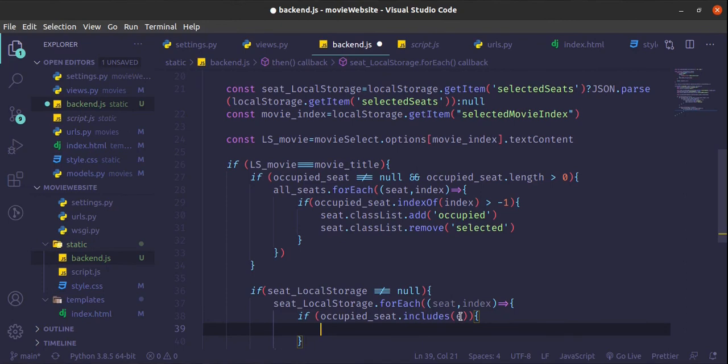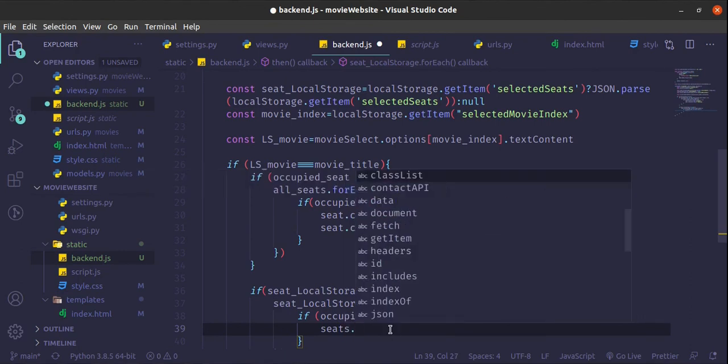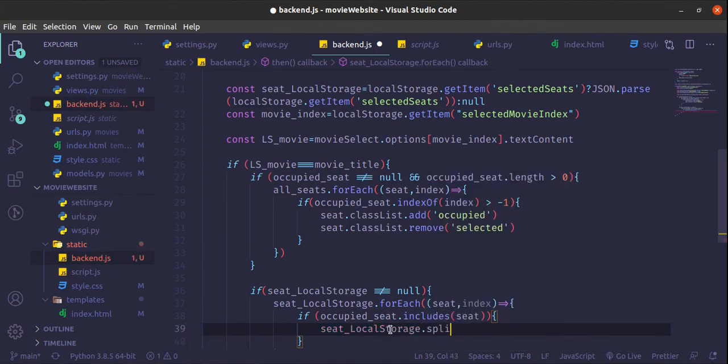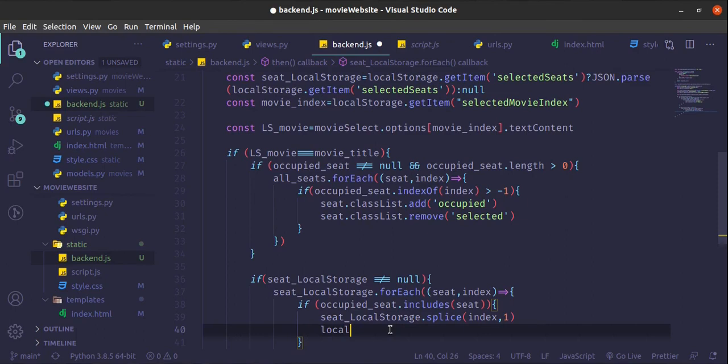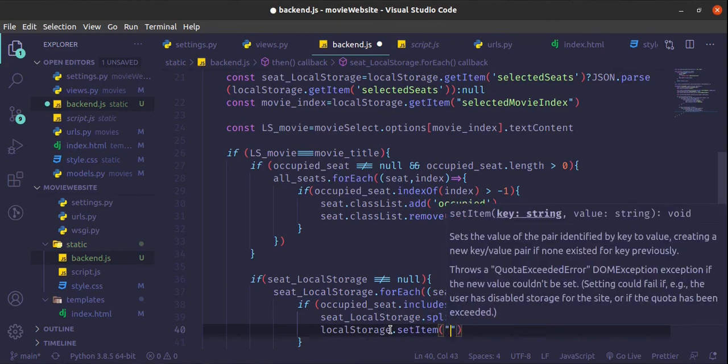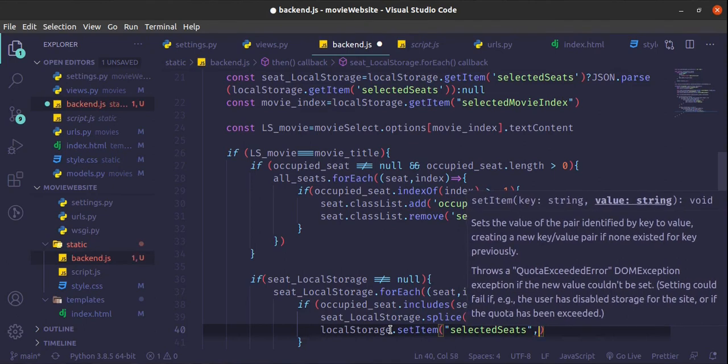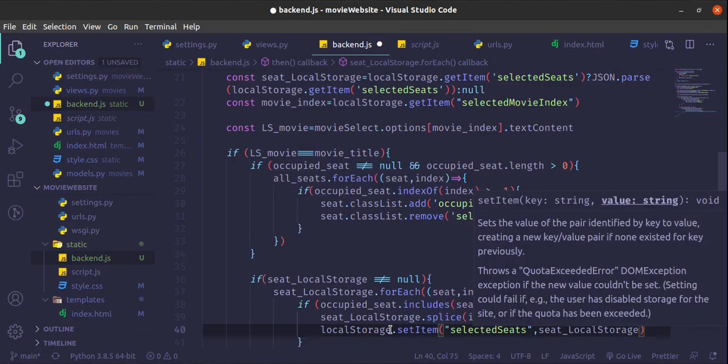Sorry, here is supposed to be seat. Seat dot local storage, we want to splice it out, the index one time, then you set it back to local storage. Local storage, the set item, and the item you are setting is selected seat. We're setting it back to seat, this one here. All right,